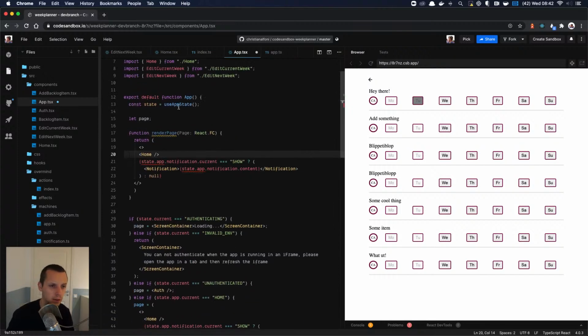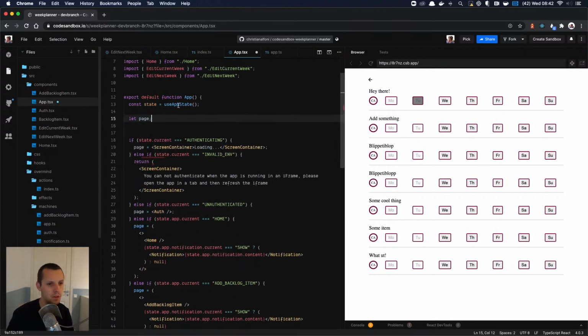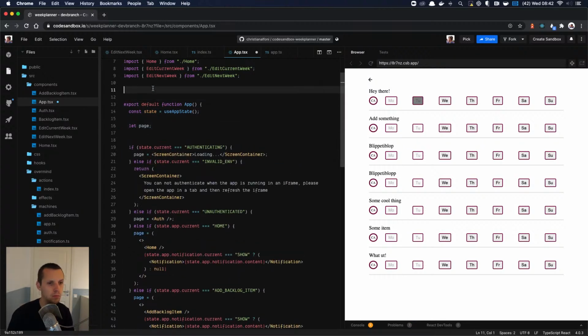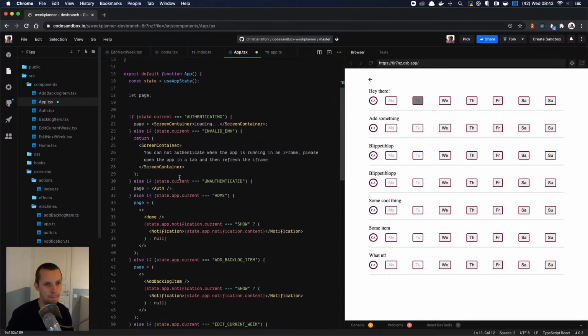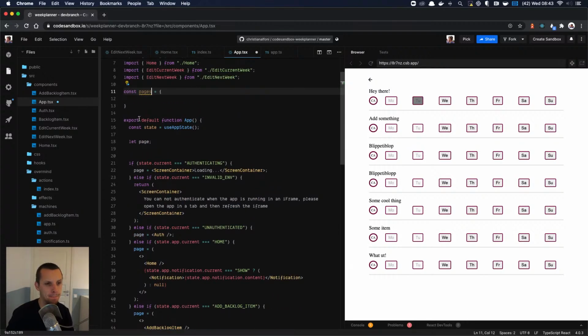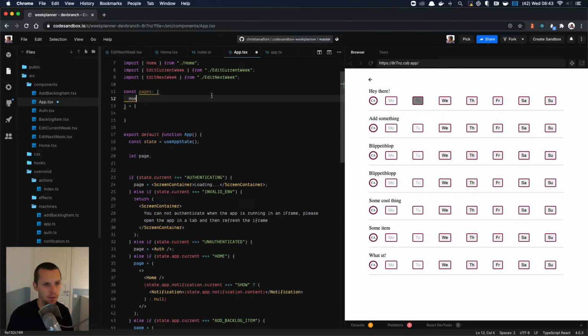Yeah, wait. Let's do this in a more traditional way. So we'll put our pages in a map. And that map is, so we have home.